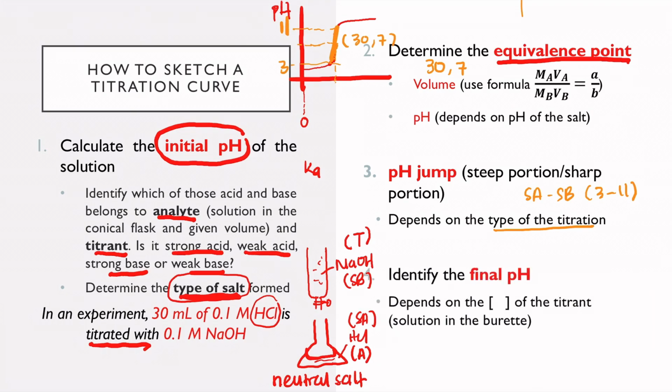Boleh? Okay, number 4, you're going to identify the final pH. Okay, final pH depends on the concentration of the titrant added into your conical flask, into your solution. Okay, so basically selalunya ini akan jadi excess lah, excess of your titrant. In this case, it will be excess of sodium hydroxide. Okay, maksudnya nanti awak kena carilah pH bila awak ada excess volume of sodium hydroxide. That's why awak punya pH akan tinggi. So awak bukannya